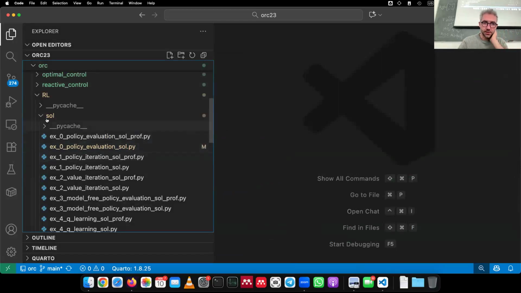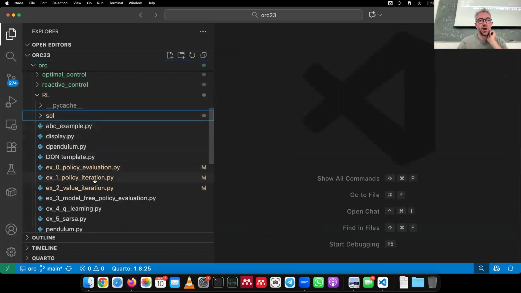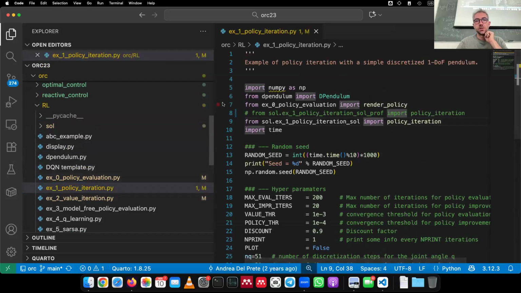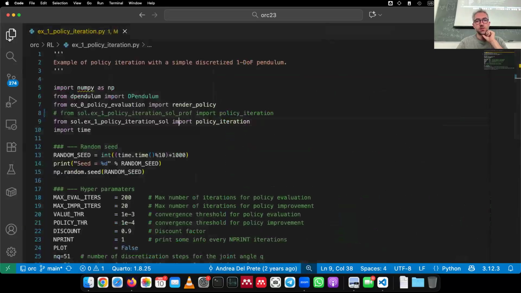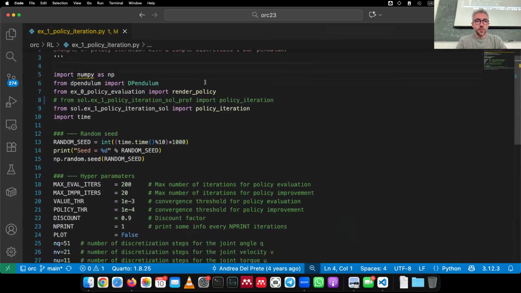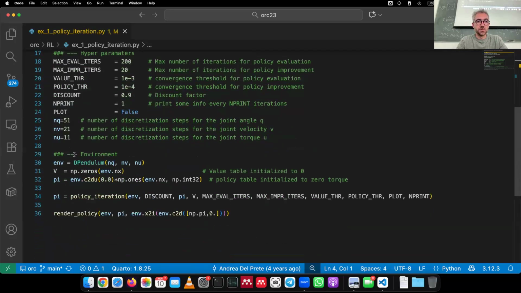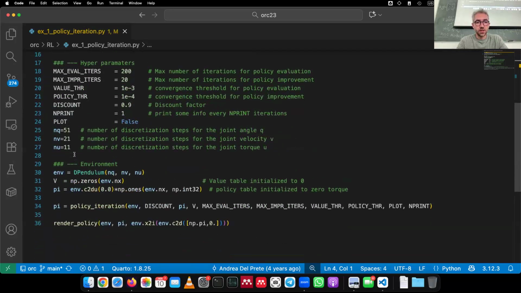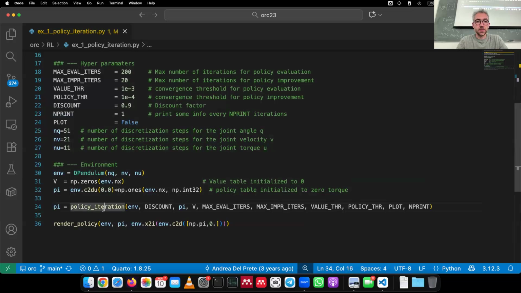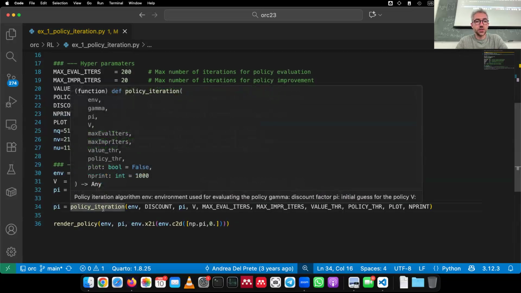Okay, let's move on to the next exercise, which is X1, policy iteration. So this is the script. It's very similar to the previous one. It starts by defining a few hyperparameters, some of which we already had before. And then it calls this function called policy iteration, which is defined in another file where we should implement the